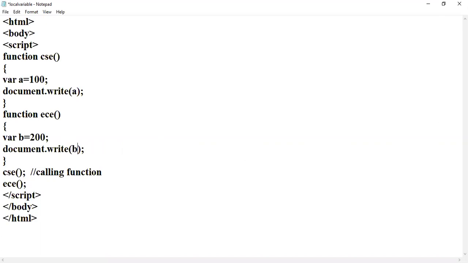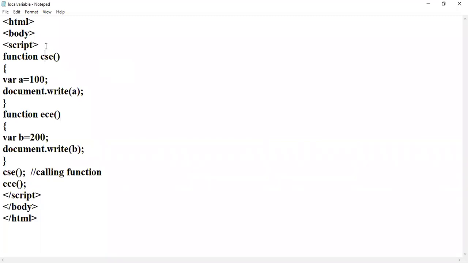Now what will be the output? We'll get output 100 and 200. Again I'm going to the browser and I will refresh the page. See here, 100 and 200. So whatever variable we have declared locally, it shows that result only.